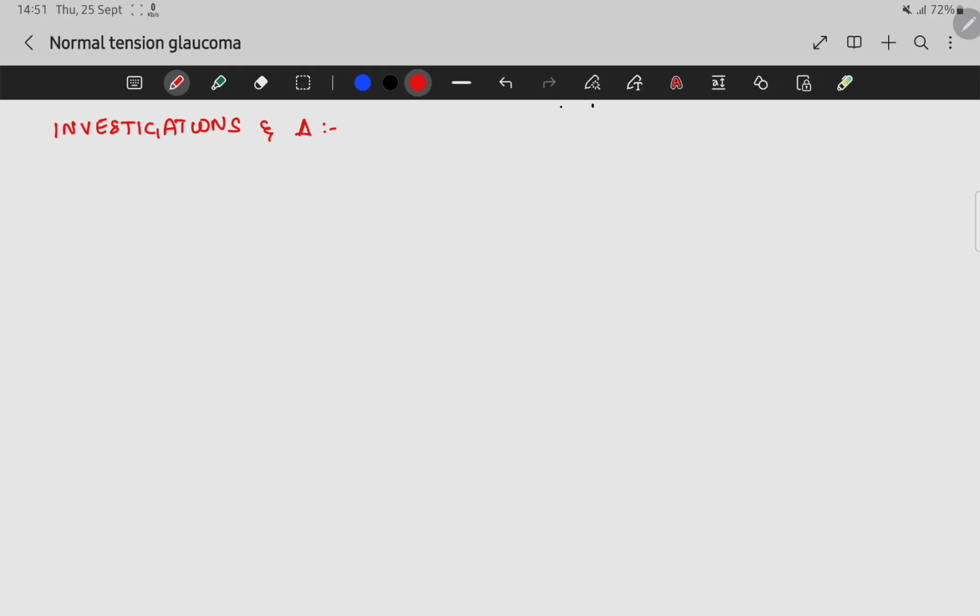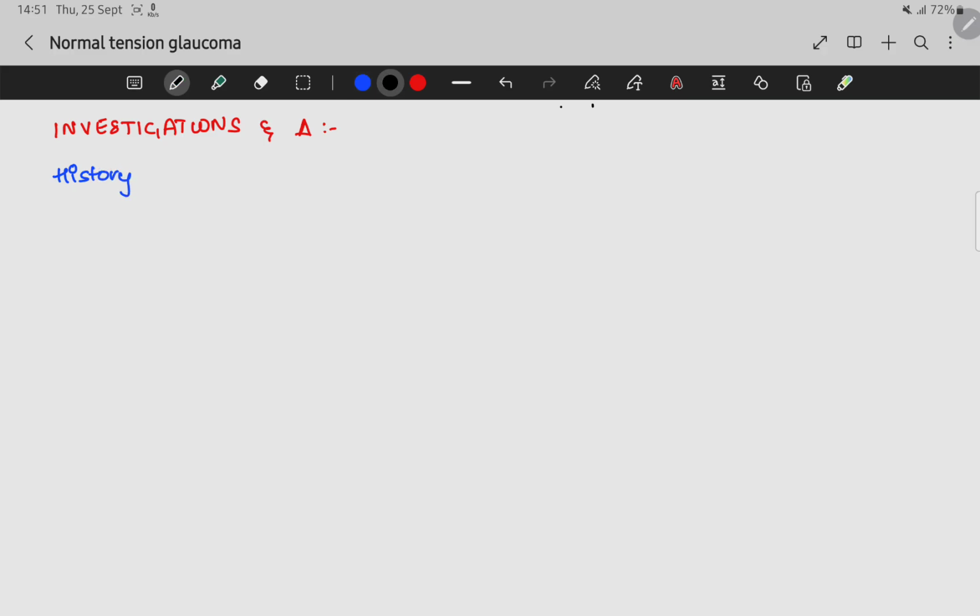The investigations and diagnosis should include all the tests related to the etiology. In the etiology we have said 5 mechanisms, right? So we have to exclude all those with the help of investigations in these patients. So what are all the investigations which we can perform? Starting from the history part,